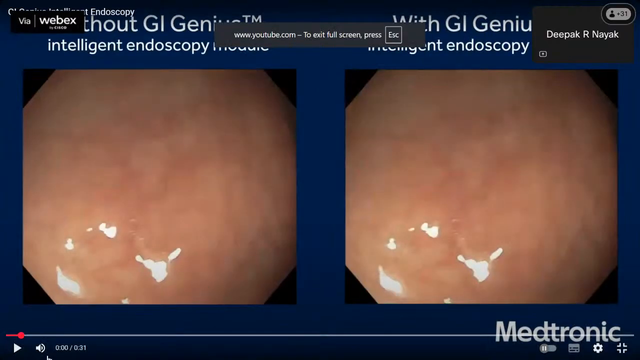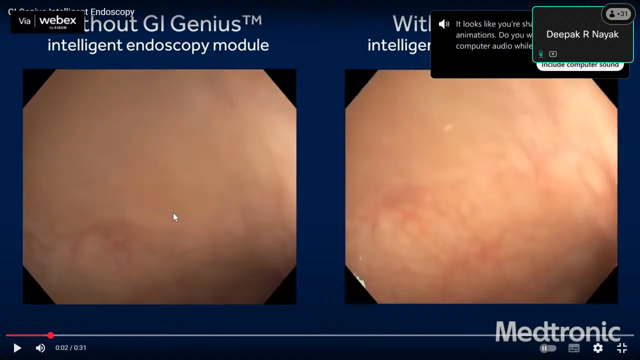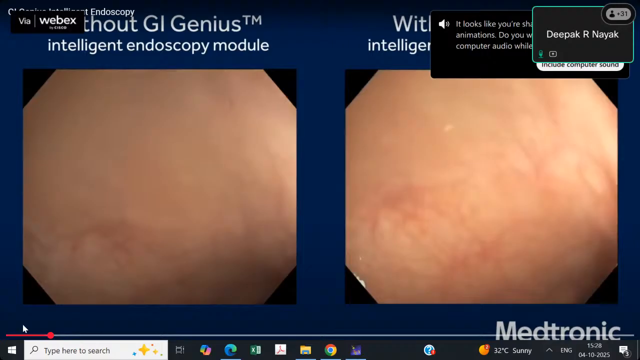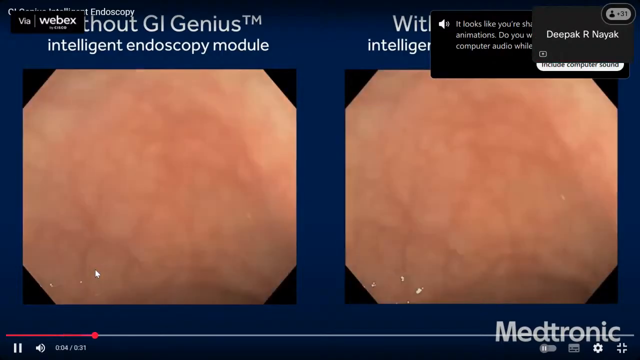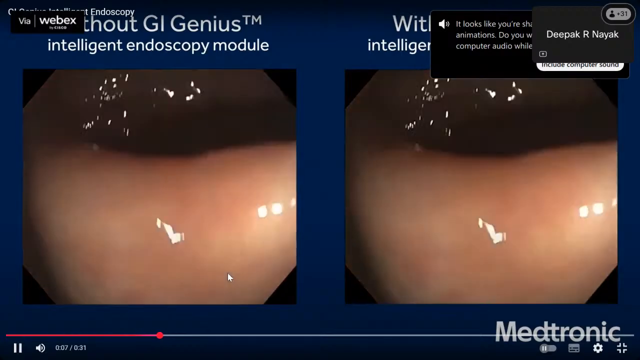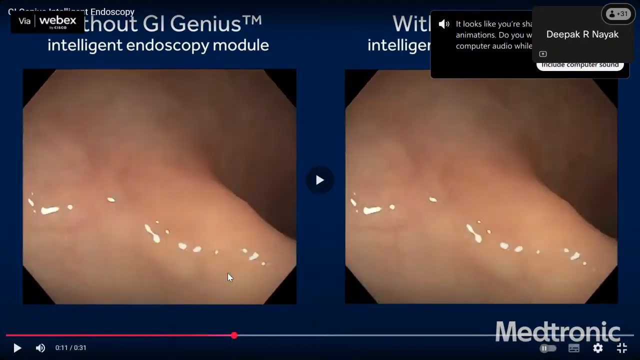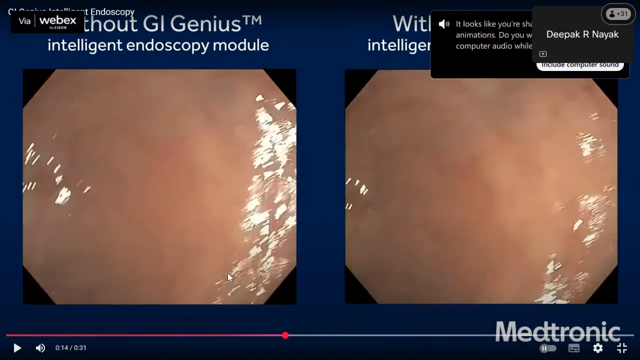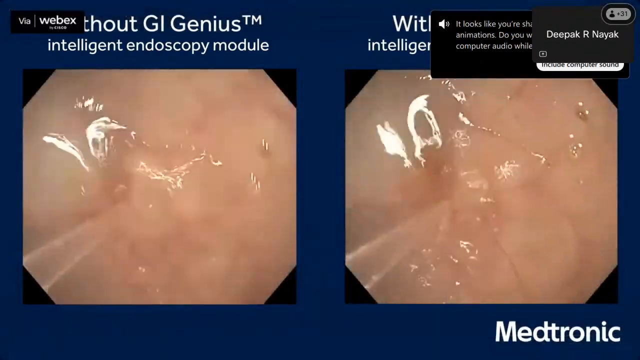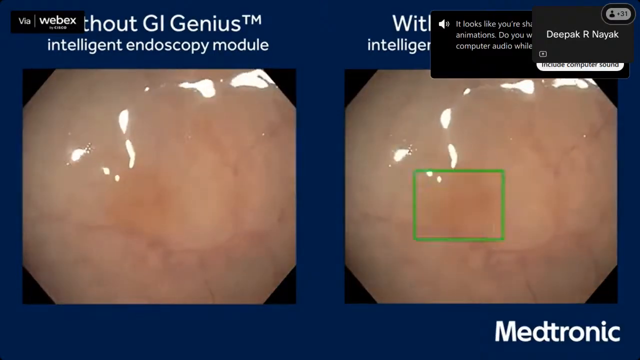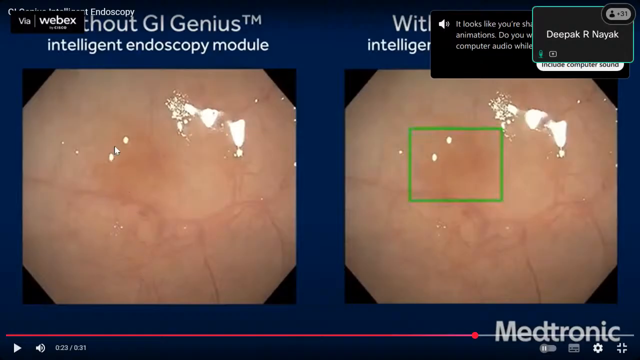I have also another video. You can see the left side one is without the GI Genius, I mean without the CAD tool, and the right side one is with the tool. Now you watch the video. You see how difficult it is to identify the polyps, right? Sometimes it is not visible, and this kind of polyp will be easily missed by the clinicians, right? But now if you look at the output produced by the AI based CAD tool,